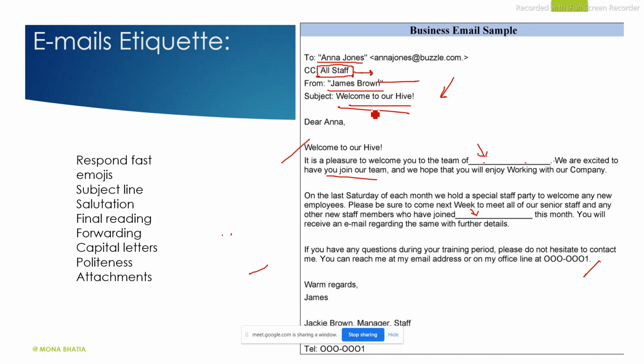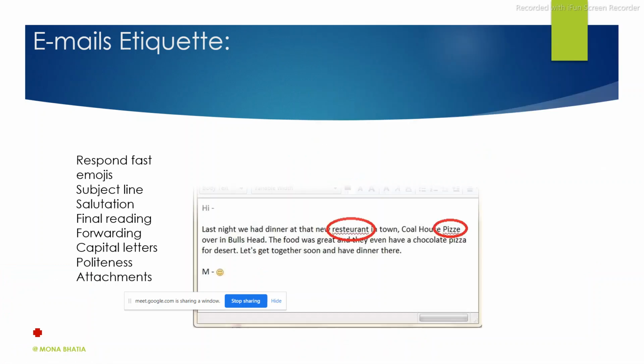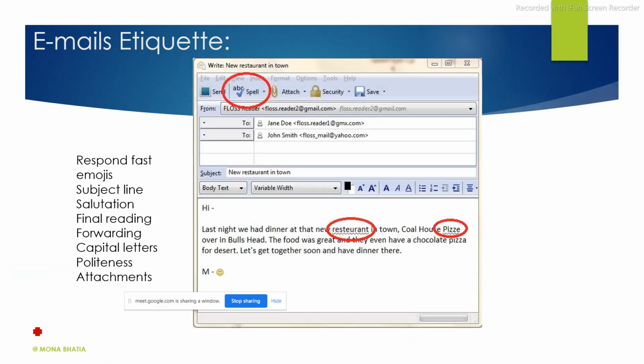all, right? Warm regards, this, and see here again I just show you, signature block. This is called the signature block. So his telephone number, his email address, what is his designation, whatever. So this is the way you will be having email when you will join an organization. All right, and this is the sample one. Again I have to show you. I didn't get the CC part. Pardon?